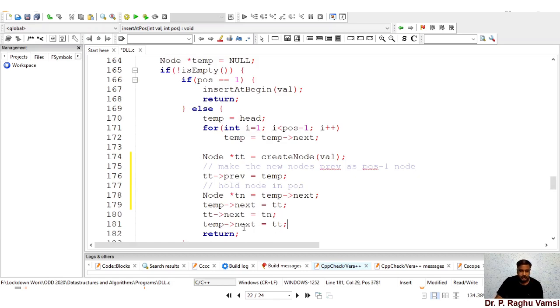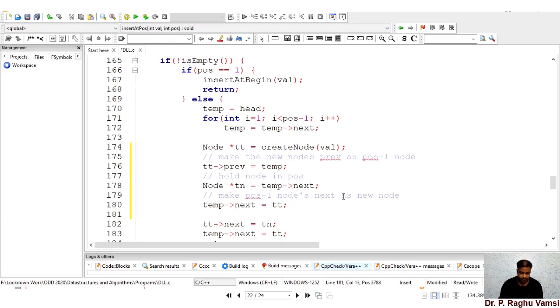Next, temp next: make the position -1 node's next the new node. And since we have held the node which is at the position, its previous should point to the newly created node.